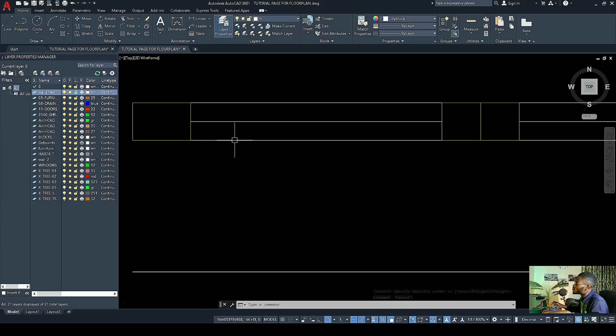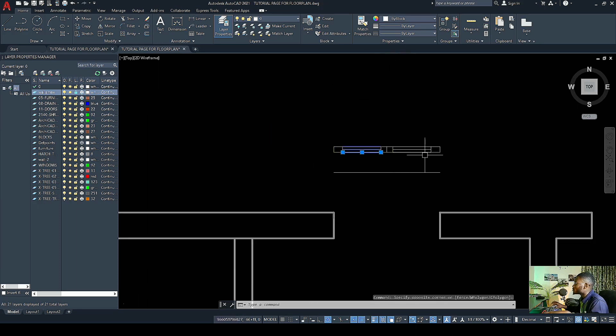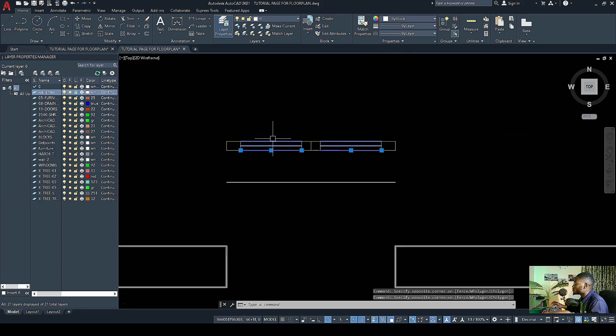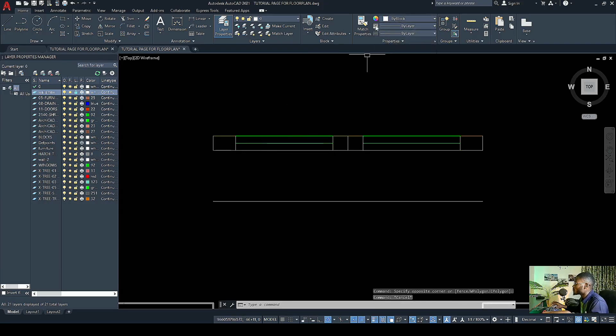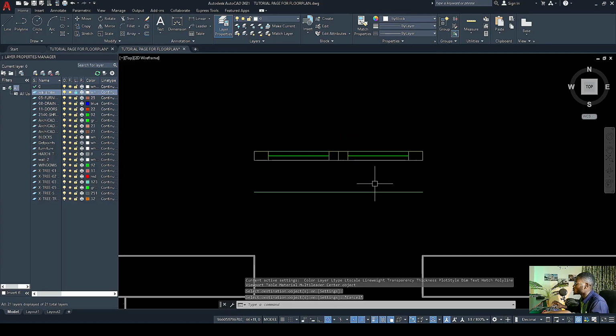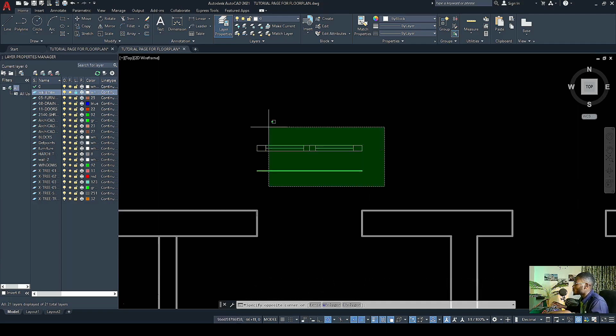So the next thing to do is to add a color to our lines, our inner lines. So we should just give them green. So we have this now. Then also we can match this as green also. So we've succeeded in creating our window frame. So we'll make this